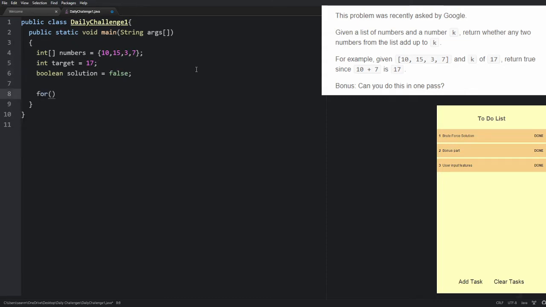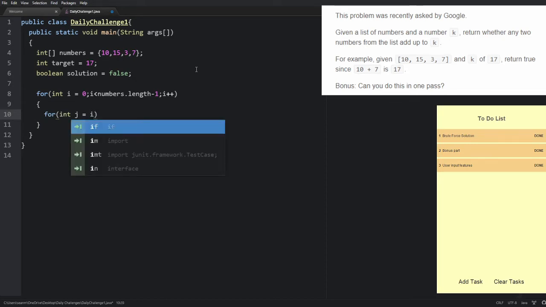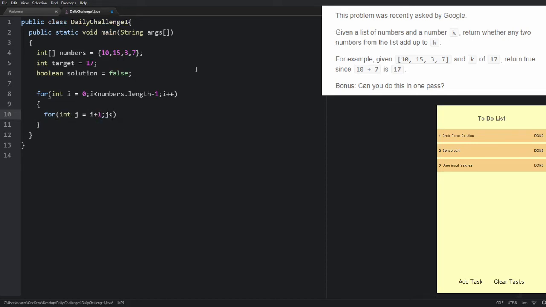Now, rather than making a whole new method, let's just do this in the main. So we'll have for int i equals 0, i is less than numbers.length minus 1, i plus plus. The idea here is to do a nested for loop, and we're going to have for int j equals i plus 1, j is less than numbers.length,